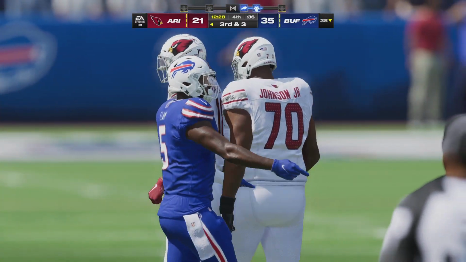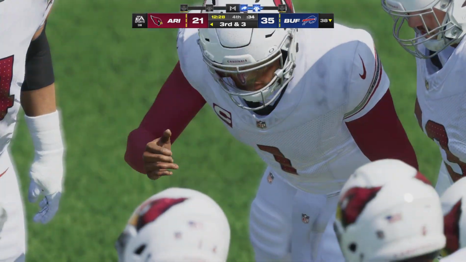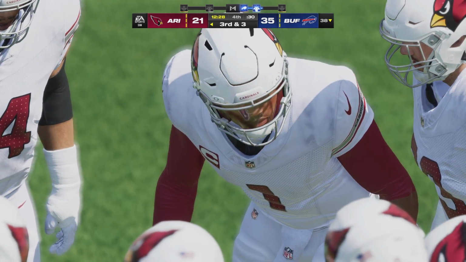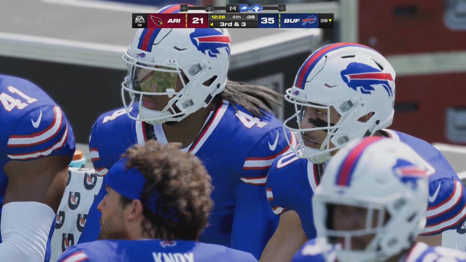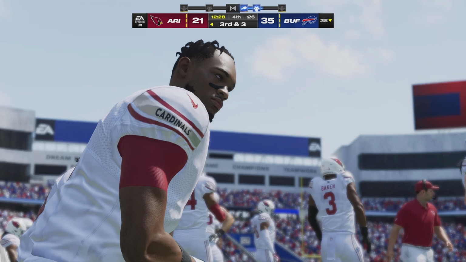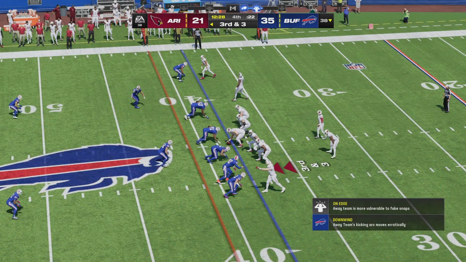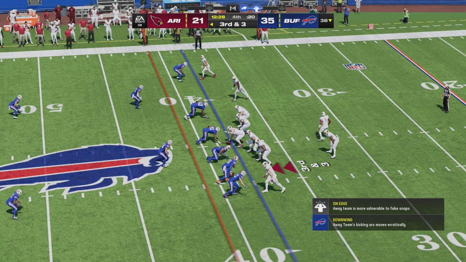A 2nd down pass play there, but it's incomplete. And partner, to me, that one was all about timing. If he's there too early, it's going to be a pass interference call. If he's too late, it's a completed pass. He was Johnny on the spot on that one. So the incomplete pass on the last play, and that leads us to a 3rd and 3.